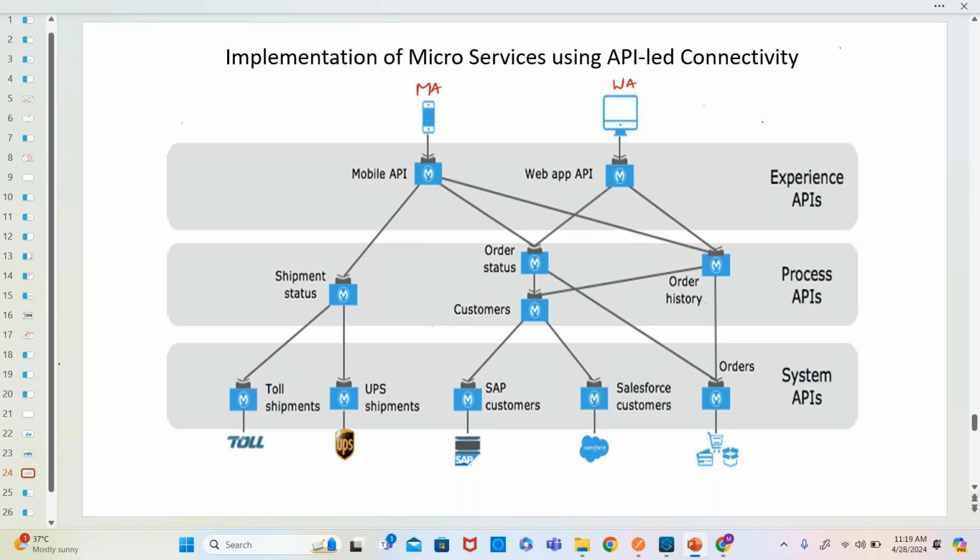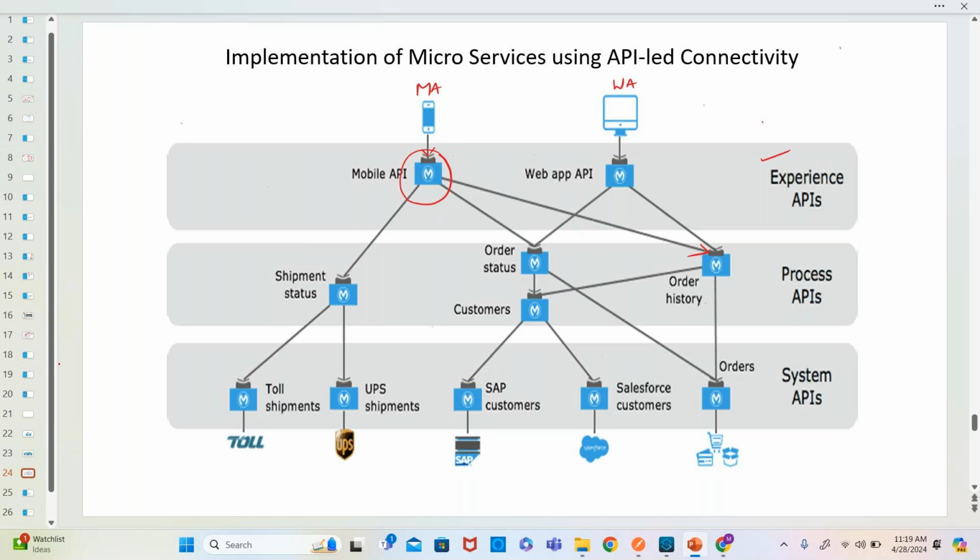One customer has used Flipkart for the last 1 year, and he wanted to check the history of his orders for the last 3 months. He triggered that request from the mobile application, and our mobile API, the experience API, has been triggered by the mobile application, and then we received the request for order history for 3 months to the process API of our